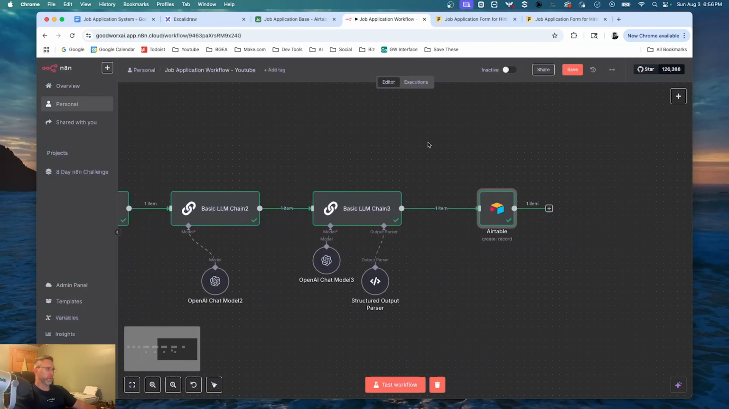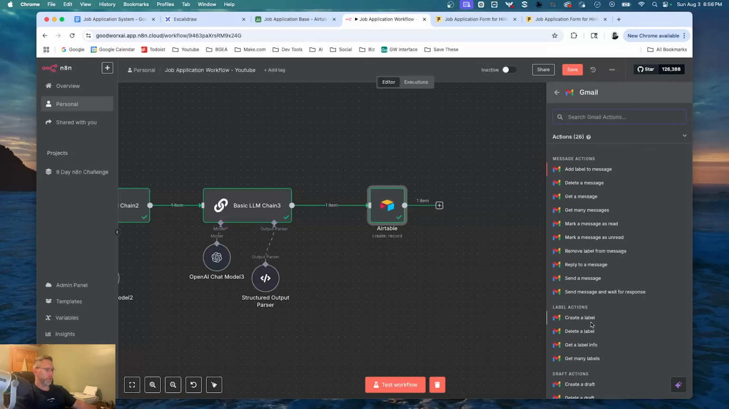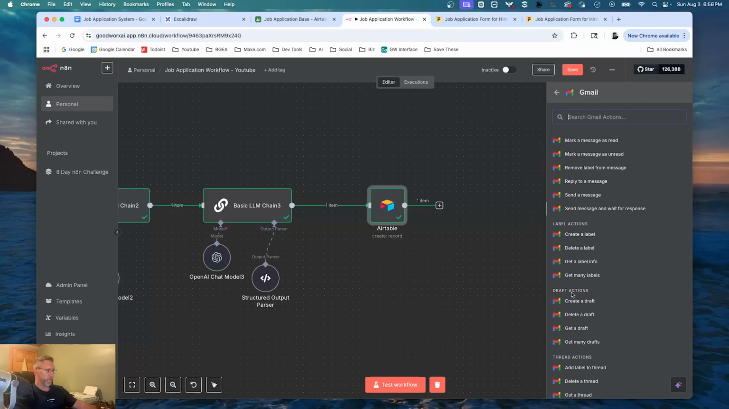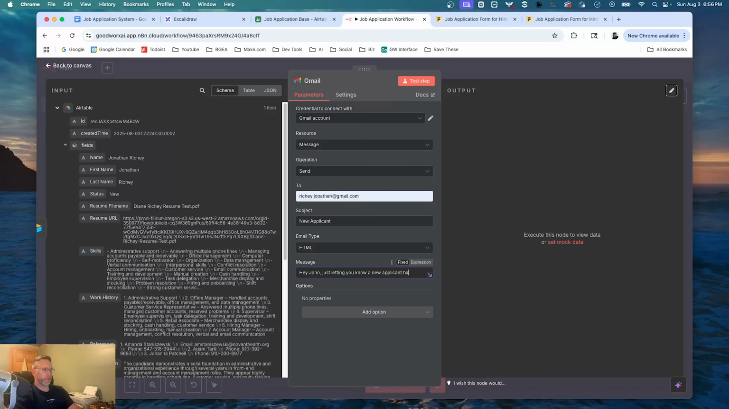All we have to do now is just add an email module. This is pretty easy peasy. So we want to send message. We'll send a message to the hiring manager. So for myself, I'll just put my email address in here. Subject line is new applicant. We'll say, hey John, just letting you know a new applicant has been, actually, let's